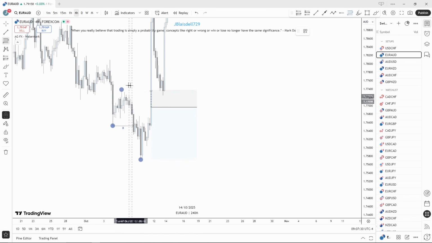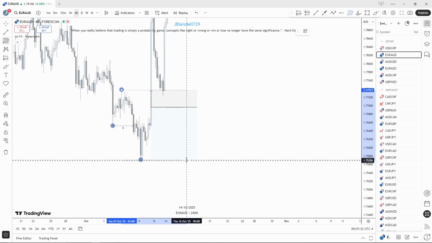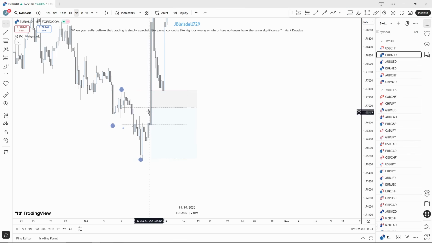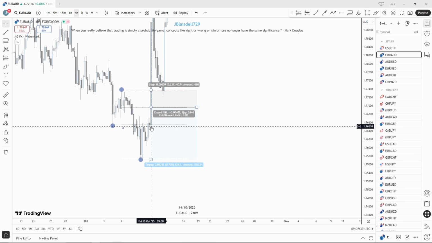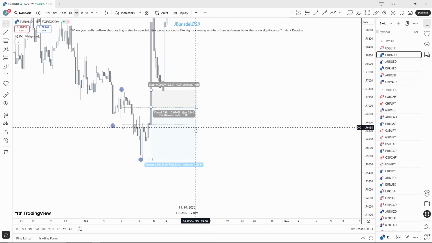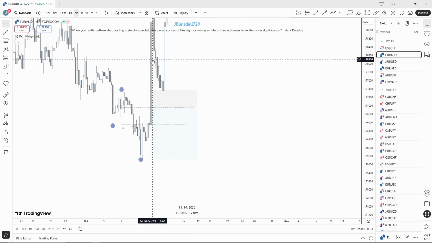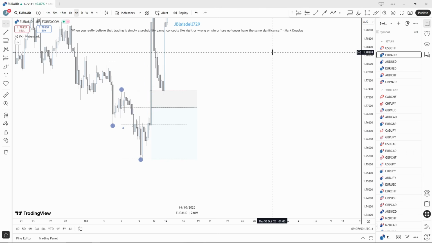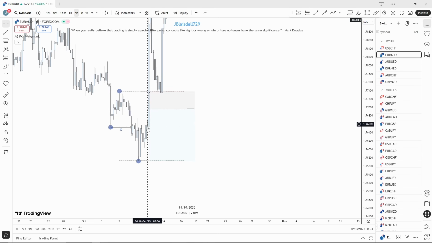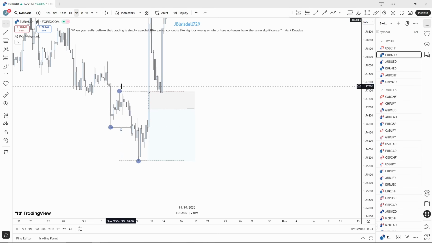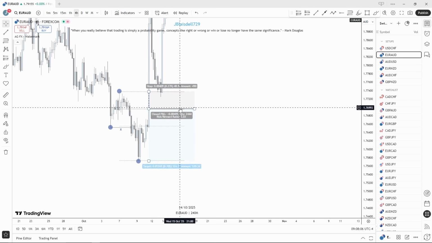Now I simply take my fib, I draw it from the high here to the low here when we are in a bearish range. You can see that's how I got my entry level. And then price worked its way back up and we had an aggressive news event that occurred on this date of the 10th. There was some political event that occurred on the date of the 10th, causing these ridiculous movements in price action, and price very aggressively destroys that stop loss there,